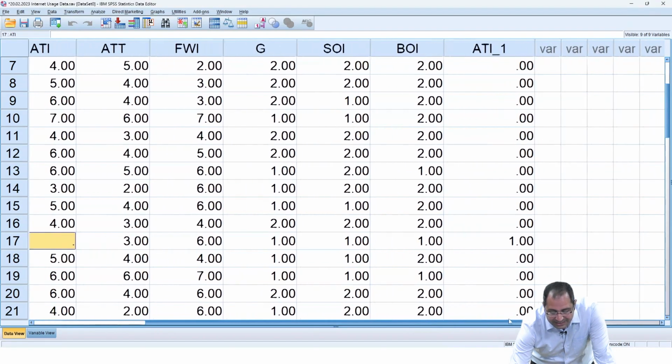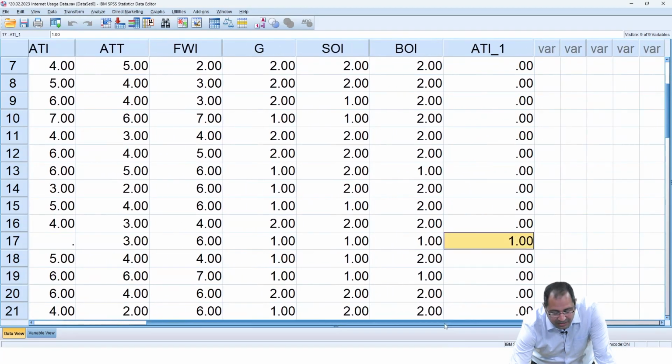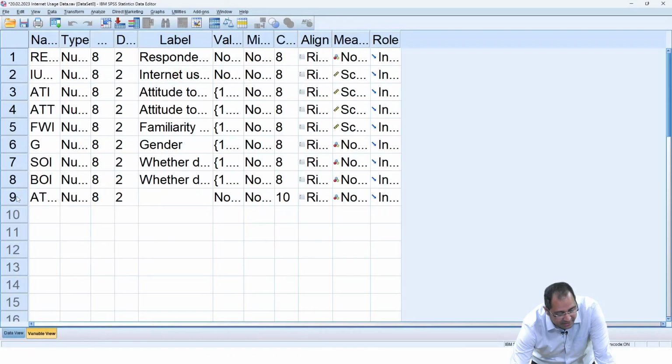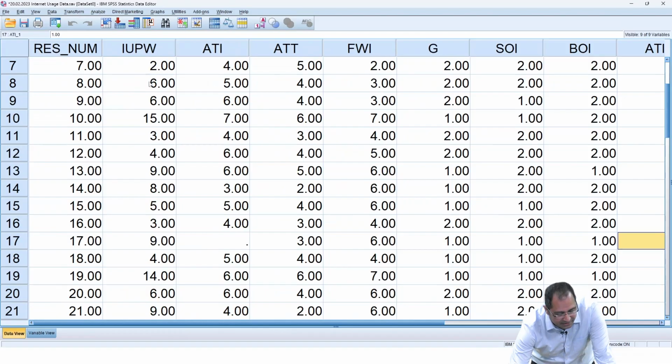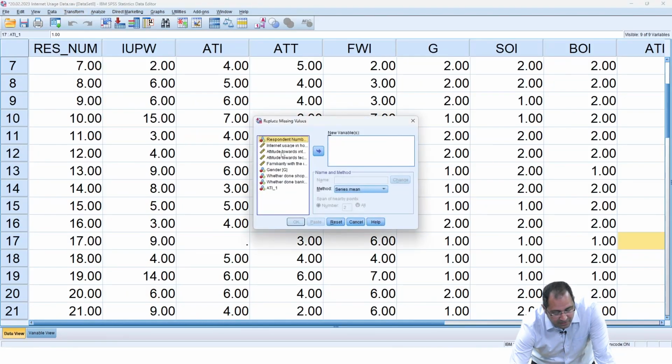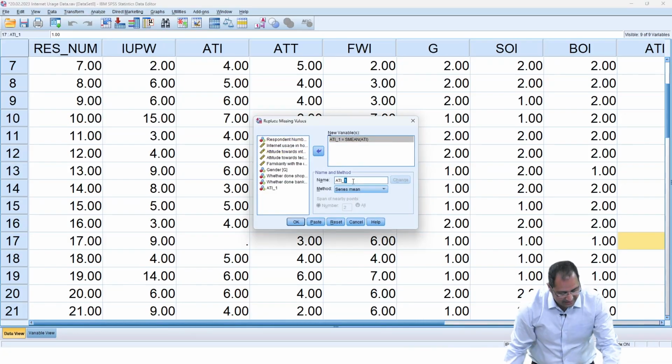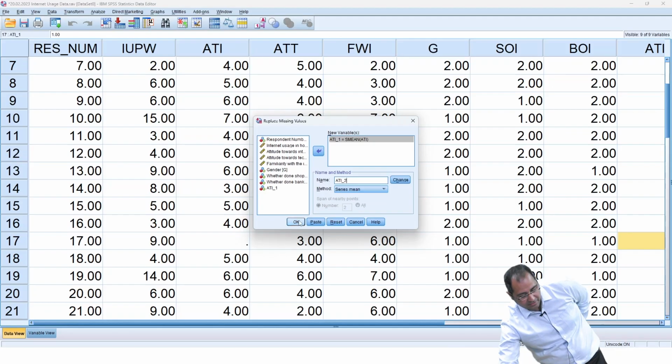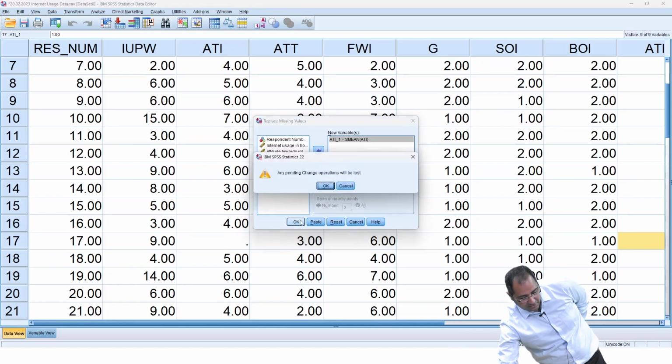So once we know from ATI_1 which particular respondent is missing, we can actually delete this variable, or even if you keep it, there will be no problem. Just go to transform, replace missing values. We want to replace for attitude towards internet, create ATI_2, and if you click OK,